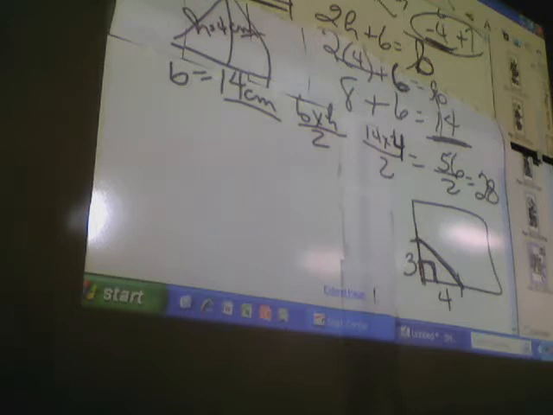This is number 27. You're going to use the Pythagorean theorem, right? These are the 2 sides that make up the right angle, hopefully. So you have 3 squared plus 4 squared equals, we'll put a c there, c squared. Okay, so we have 9